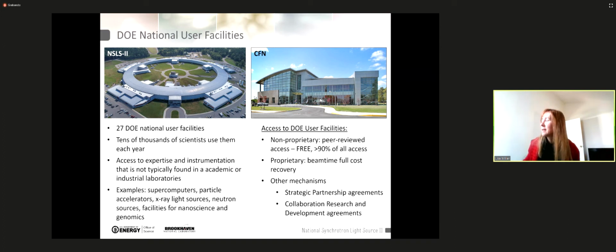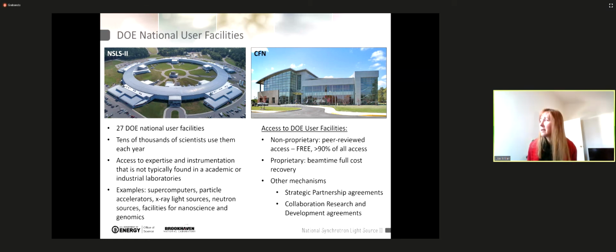And the greatest thing about synchrotron access is that as long as it's non-proprietary research, it's peer-reviewed access, which is free. And that's about 90% of the users that come to use the facilities. In the United States, there are 4 synchrotrons. There's one in Berkeley, there's one in Stanford, there's one near Chicago in Argonne, and then there's Brookhaven, which is